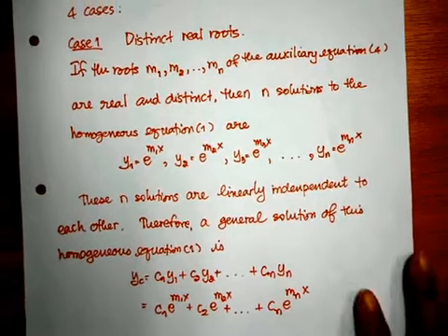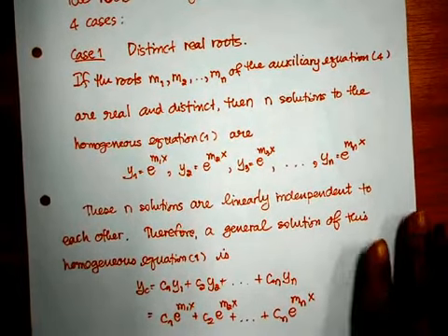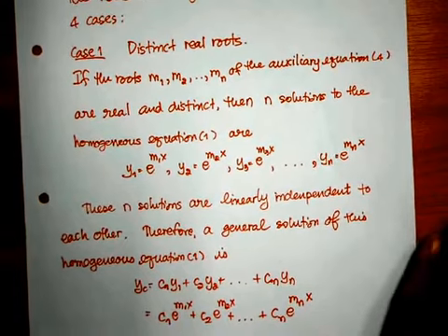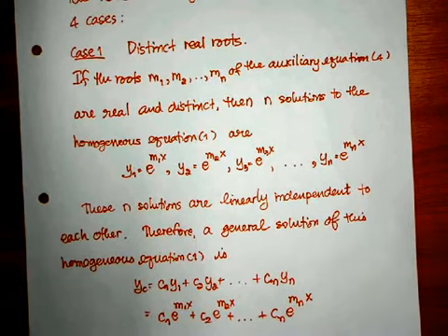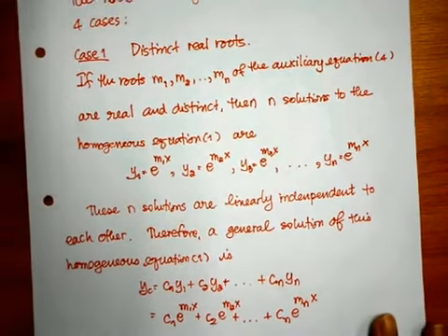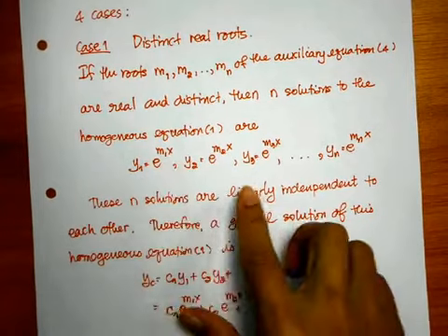Let's take a look at case 1, which is the distinct real roots. It says that if the roots m1, m2, up to mn of the auxiliary equation, which is equation number 4, that we sometimes call the characteristic equation, just the same meaning actually, are real and distinct, then n solutions to this homogeneous equation, which is our equation 1, are y1 equal to exponential of m1x, y2 equal